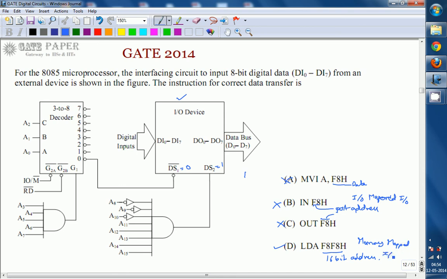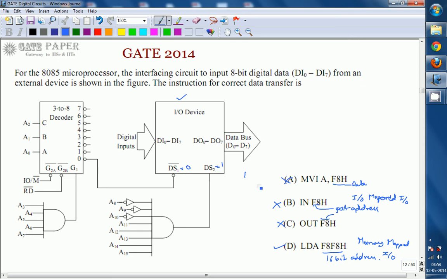Memory mapped IO. So now the communication between the peripheral and microprocessor is going to be done with the help of memory mapped IO. That is, by using memory you are going to be identifying the peripheral device. To identify the peripheral device, to specify its address, we are now using memory with the help of 16 address lines. At that time it is called memory mapped IO.